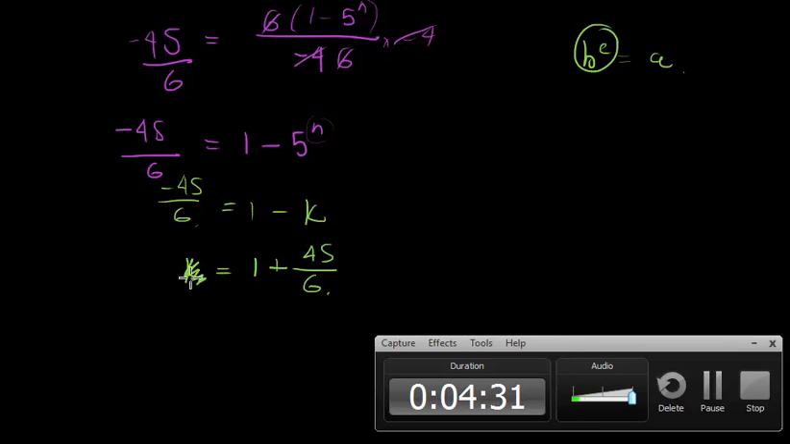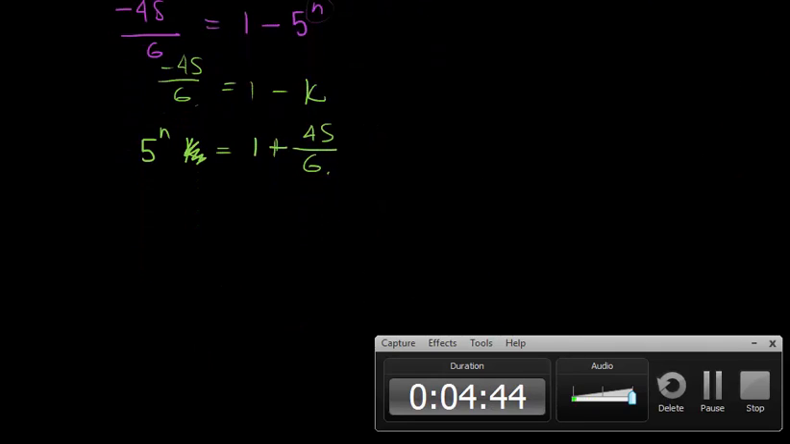But k is not really k. k is actually 5 to the power of n. Okay, are you with me? I took the k to that side and this one to the other side. And now, can I use logs? Do I have base exponent equal to answer? Yes, then I can use my logs. My log says my exponent is equal to my log, same base, and whatever is on this side goes inside the log: 1 plus